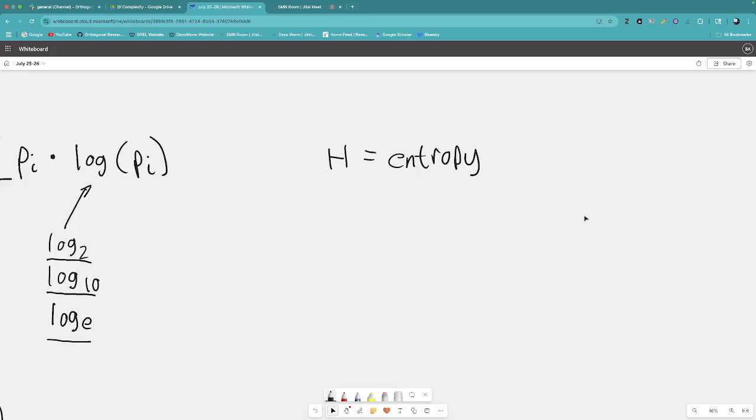So why does he call it entropy? Well, there's a story behind that, which is that he chose that name because it was catchy and he could win debates using that name. It sounded impressive. But that's sort of the apocryphal story.